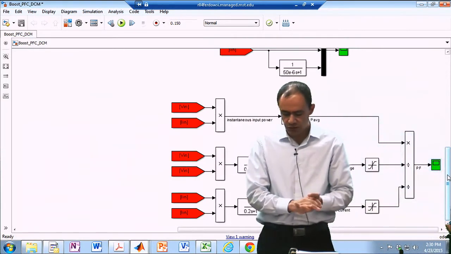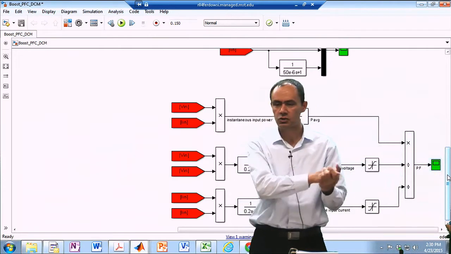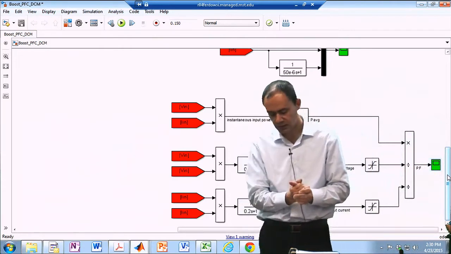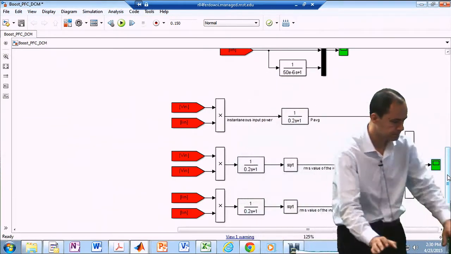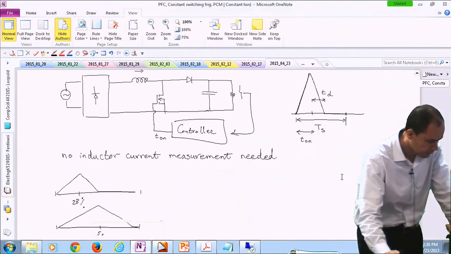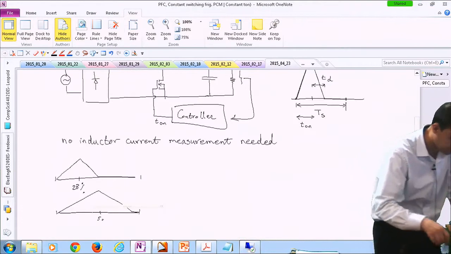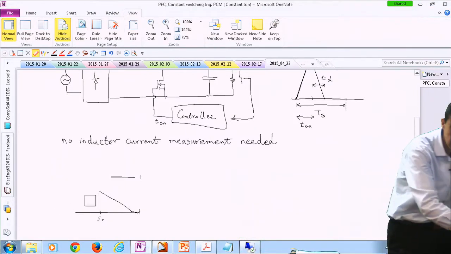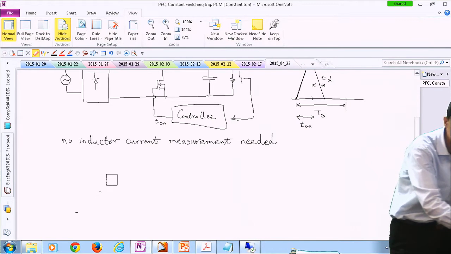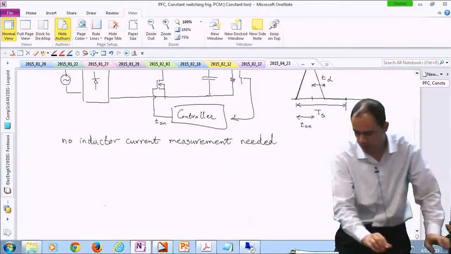All right, so we saw the simulation. Now let's go back to some theory and see why this is functioning the way it is functioning. Any questions so far? Okay, so